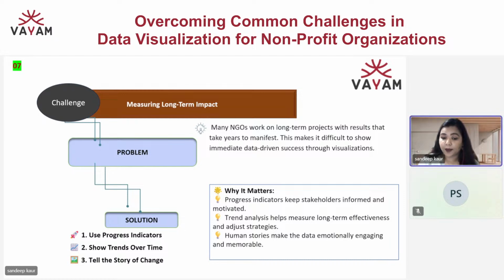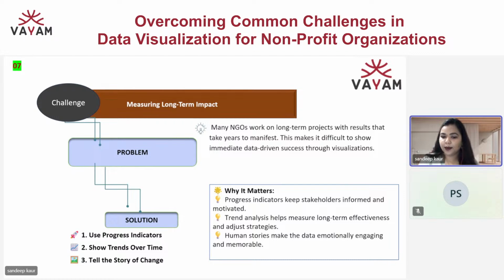Measuring long-term impact. Again, whatever efforts we are putting in, whatever investments we make, tangible, non-tangible, qualitative, quantified, we want to measure the impact. What is the effectiveness of anything we are doing? So this is one important challenge: how to do it. We have showcased our work, everything is fine.